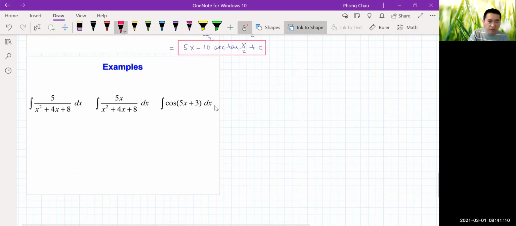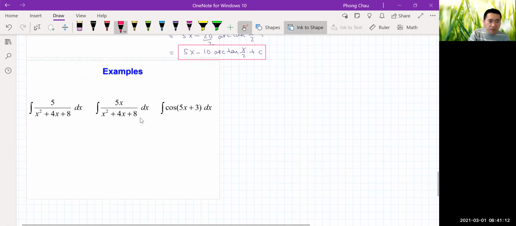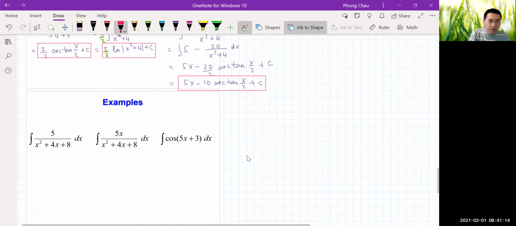Now, finally, if you look at these 3, I can label them 7, 8, and 9. So these 3 problems, 7 and 8 are actually together very similar. 9 is very different. This one actually is an easy one. I just want to let you know, I threw that problem in so you can recognize that